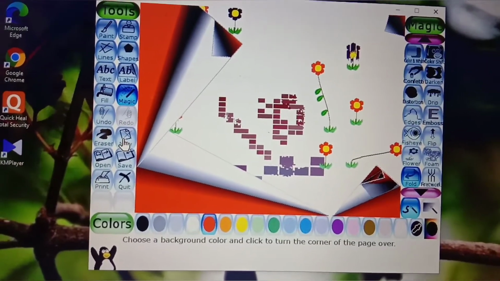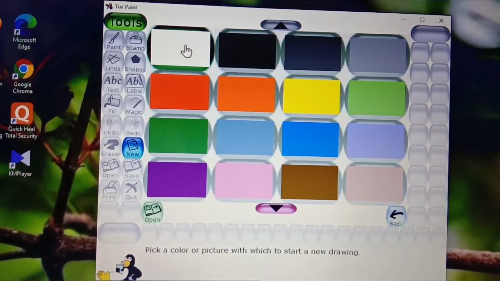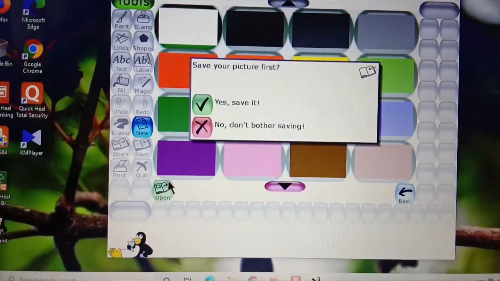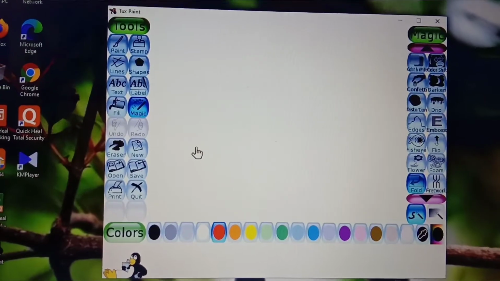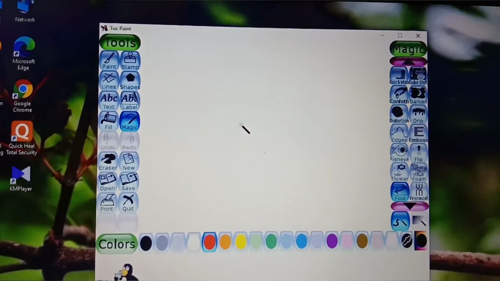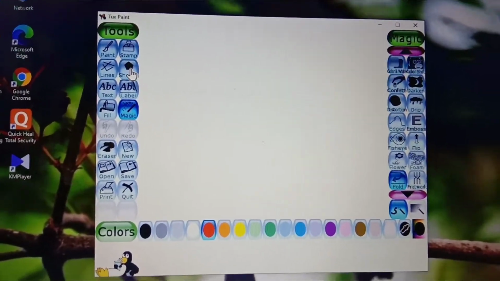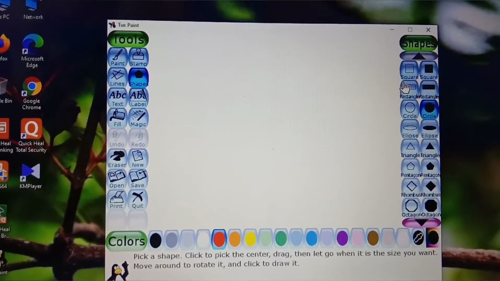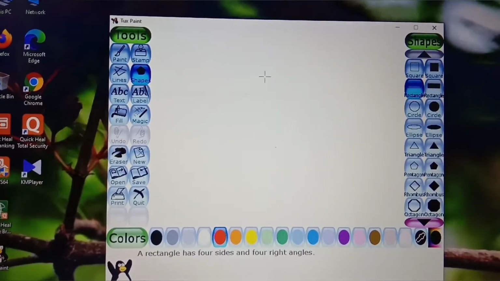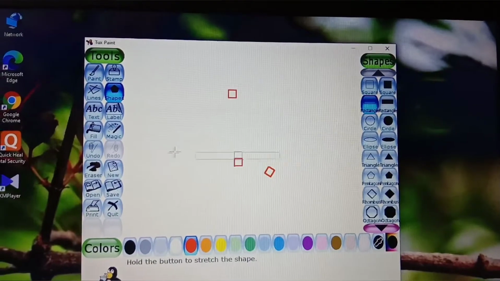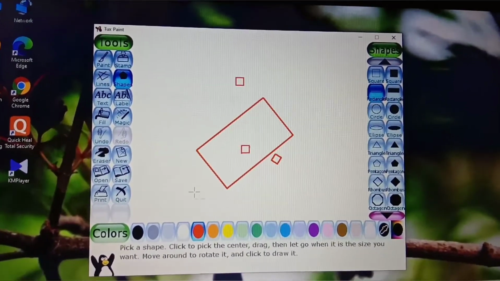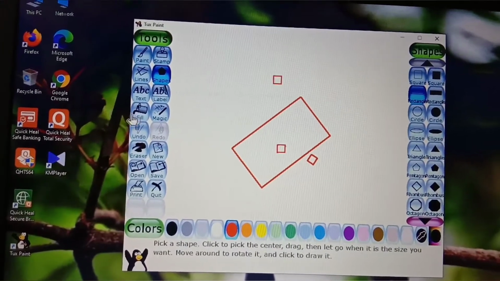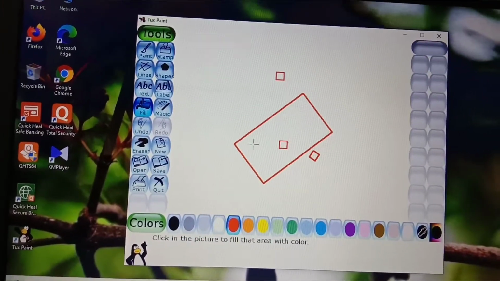Then comes fill. So for fill, I am taking a new page to make you understand. Okay, so to fill you have to select the shapes, ready-made shapes. I am clicking the shapes and I am using them. Okay. Now once the picture is done, then click on fill.